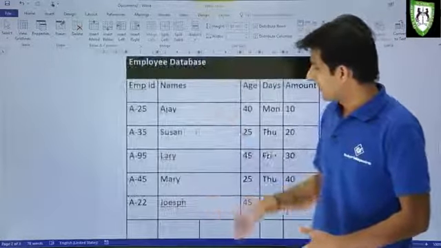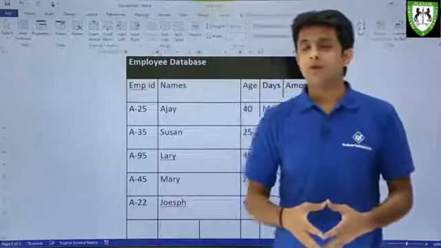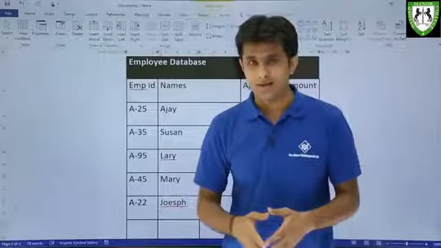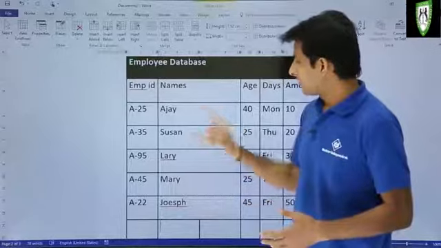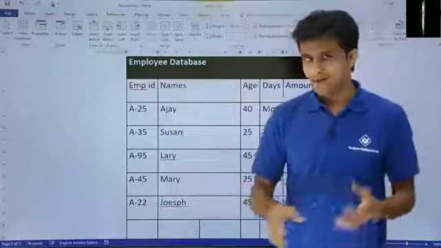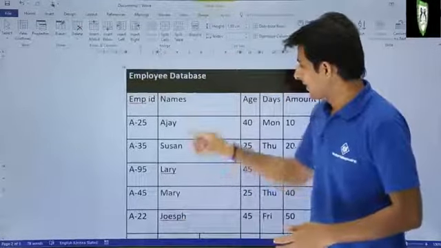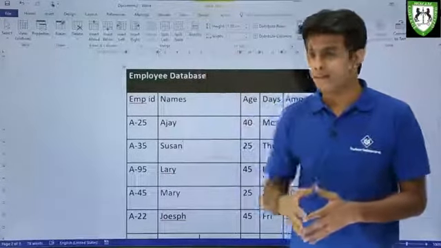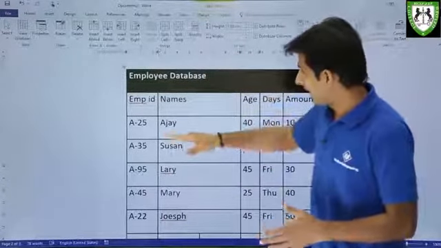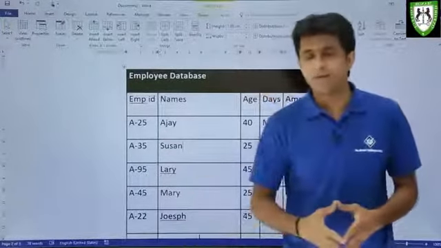So that was merging and splitting. Now the next one is, if I want to split the entire table into 2 partitions, how do I do that? Keep your cursor at any cell. The place where the cursor is blinking, above that one table will be created, and below that another table will be created.